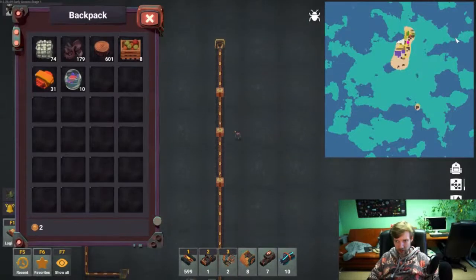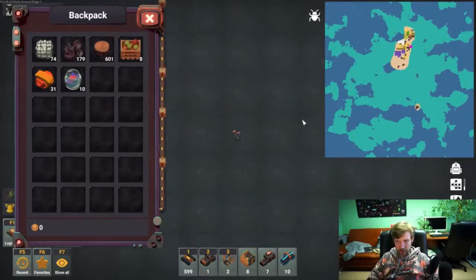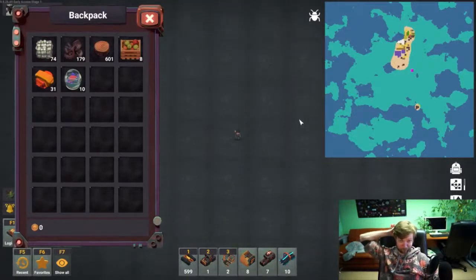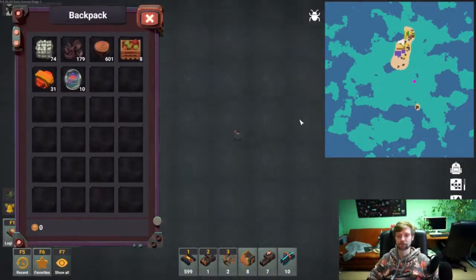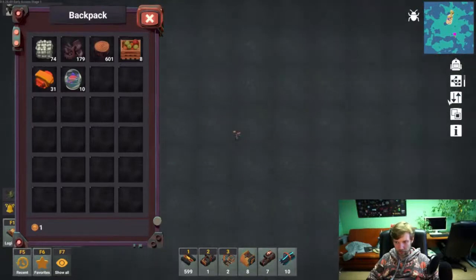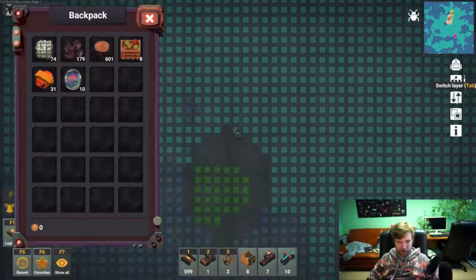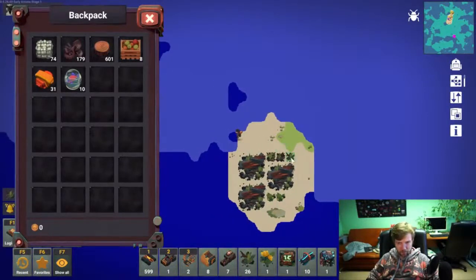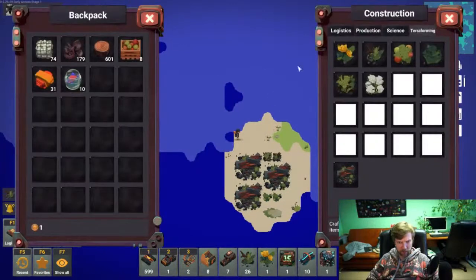So let me go to island number 2 and plant some trees, because we will need more trees eventually. Don't have any money, but that's okay. Let's plant some trees then. So if I had a lumber mill...